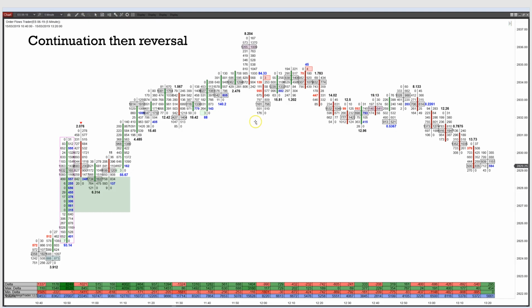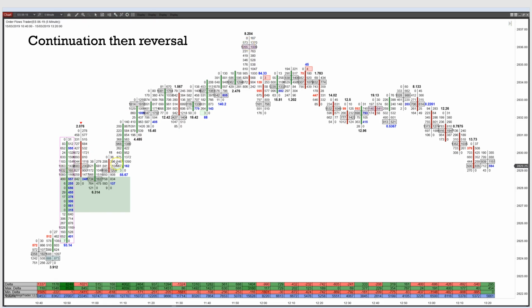Okay, so let's go back to this chart here. Why is this a reversal sign? If you're looking at the order flow, this one just screams out at you. Prominent point of control. Look at the volume that's traded up here, very heavy volume. These traders are stuck. They're long and wrong. Look at this volume: 1,300, 1,000, 1,200. Even on this move up, do you really see volumes like that? Not really. Where the market reacted on the move up, you do see some heavy volumes, like in here.